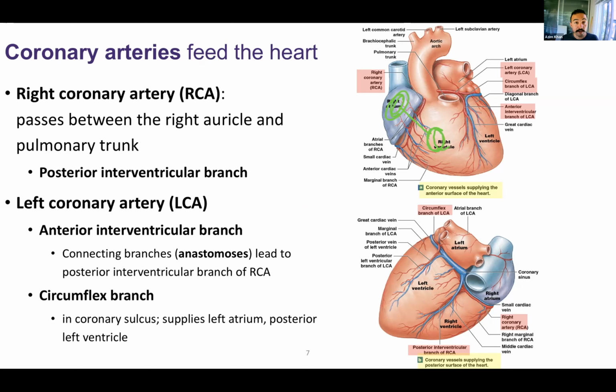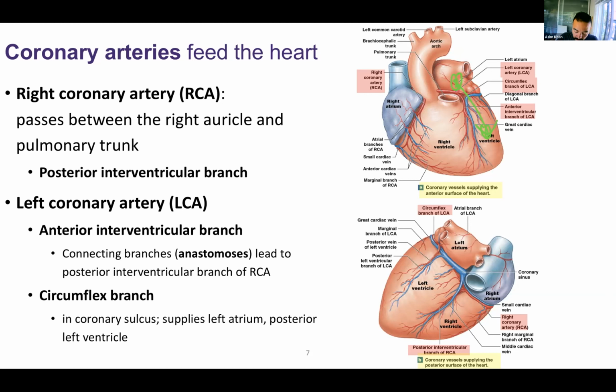Cardiac muscle, myocardium, needs a lot of oxygen, needs a lot of nutrients, needs to get rid of waste. So you need to somehow deliver blood to them. Inside the right atrium, right ventricle, that blood anyways isn't oxygenated. But even from the left atrium, left ventricle, the myocardium isn't getting any of the nutrients or oxygen. So how do you get nutrients and oxygen to the myocardium of the heart? The heart has its own set of blood vessels immediately surrounding it,